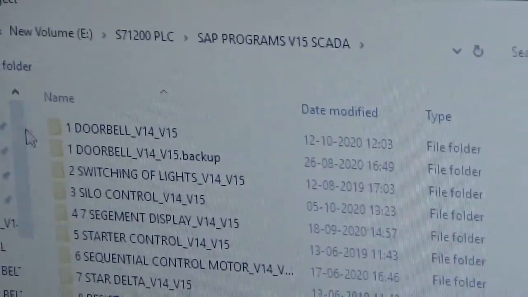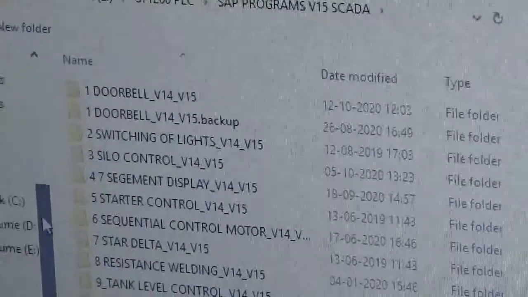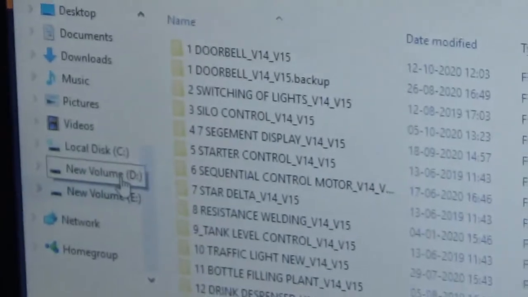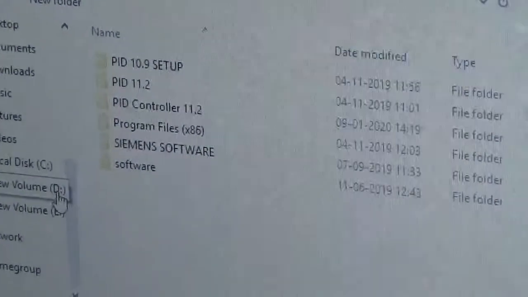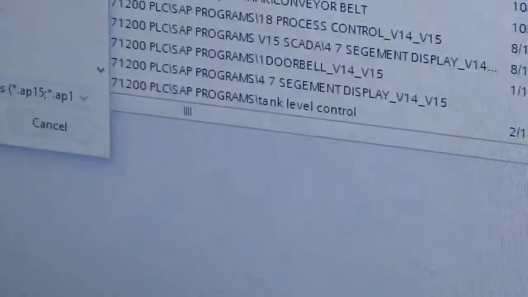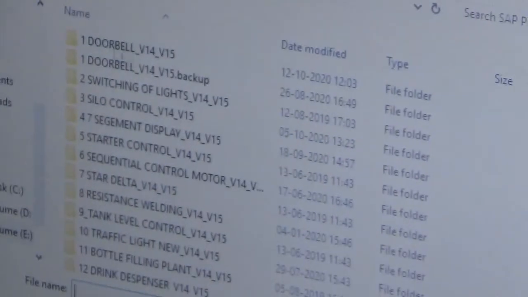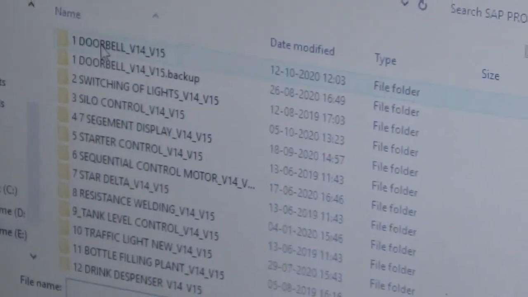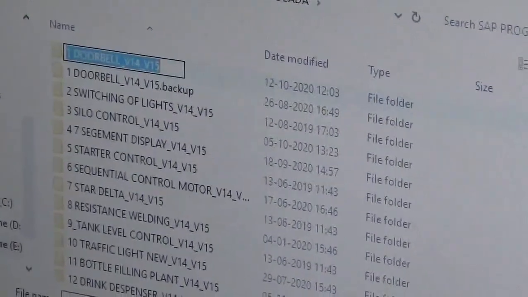is kept in a particular drive. First go to browse and select the program for the doorbell, because now we are studying the doorbell operation.